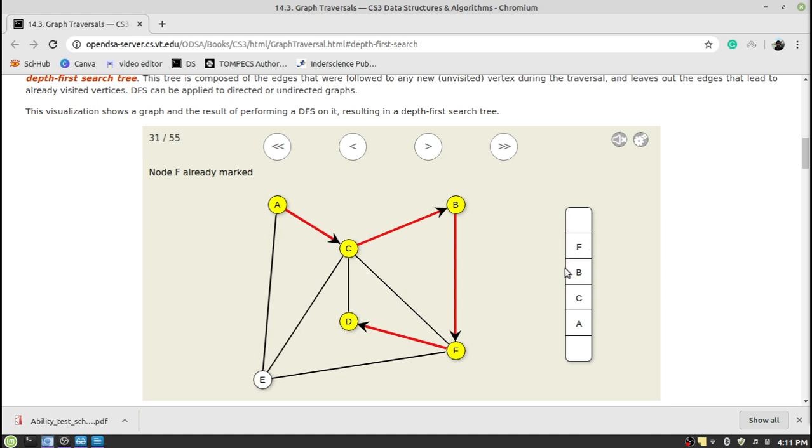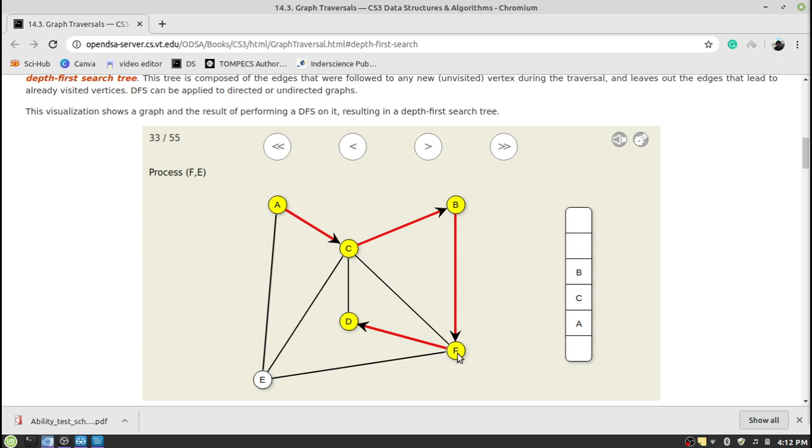The stack will give you the answer. The element at the top of this stack is F. A stack is mostly used for recursion. So from where did we come to this node? From F. So it's time to go back to F, which is placed on the top of this stack. Go back, remove the element from the stack, that is F, which means backtrack to F by using recursion. Okay. Once you reach F,